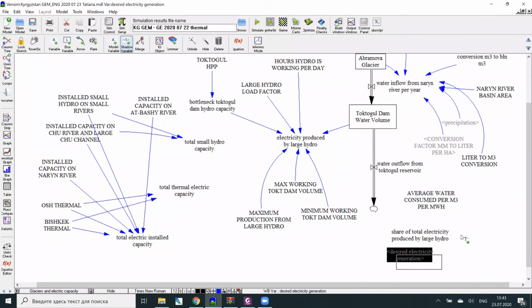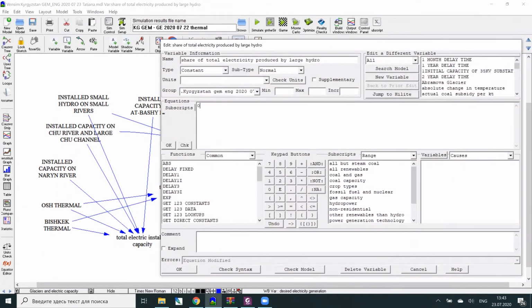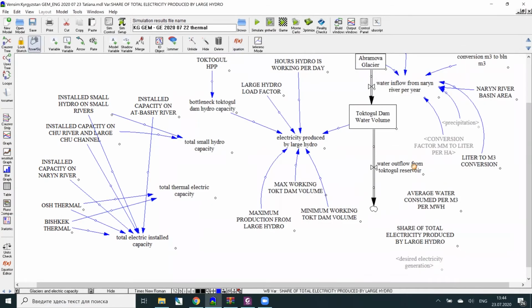Then we have share of total electricity. Basically this is 91%, but this also depends on year. We have historical data for this actually. Have it like 91%, 92. Yes, and of course this value will change seasonally as well, I guess. But let's keep it constant for now. So then we have this. Then let's take the last piece before we connect this, the monthly